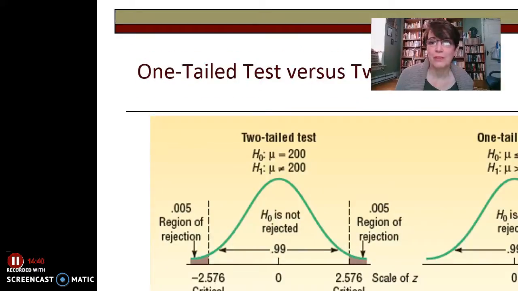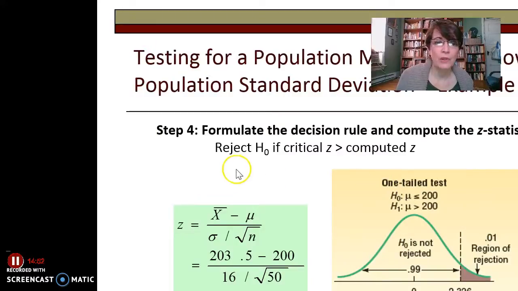Move down here a little bit. 2.326. Again, they have a fancier chart than we do. So that is our critical value, and this is the area of rejection. Okay, because we only have it in the one tail. All right. When I do the math then, I do the math to compare it with this critical value that I got from the z-chart. When I do the math,